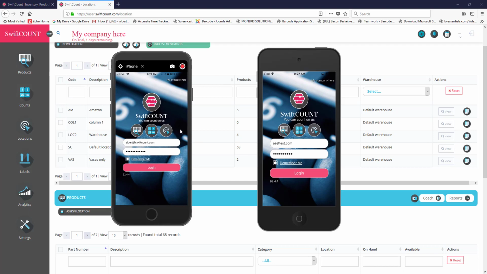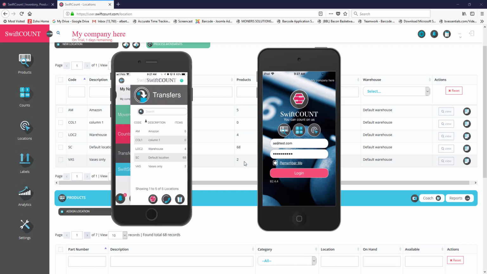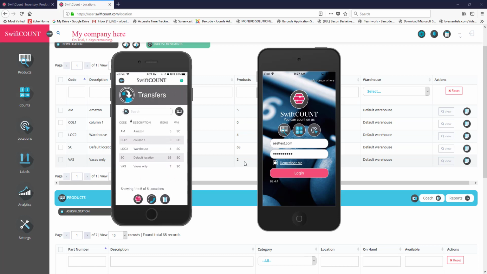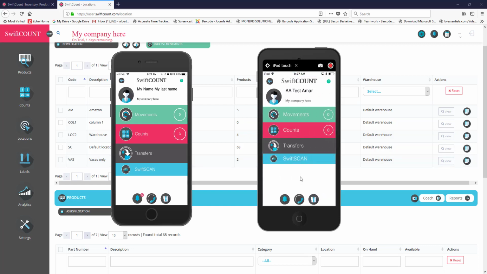So here are my two devices. The one on the left is mine as an administrator, and the other is my test user. You'll notice that we have the same username and password as we have on the portal. When I log in, if I go to my administrator one, I'll see all my locations, and within all my locations, I will see all the products that are available to me. From here, I can do transfers, movements, and counts for everything because I'm logged in as administrator. Now if I log in to the one with the restricted location,